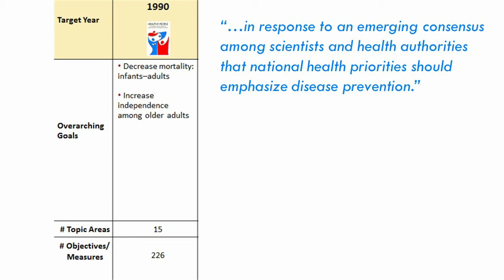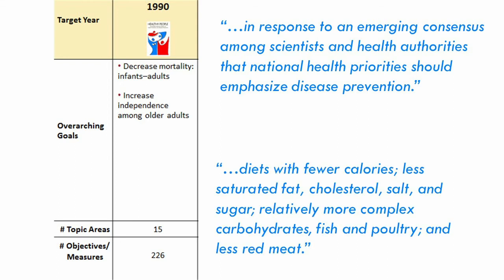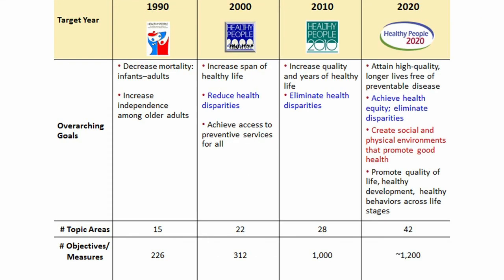In its section on nutrition, the report recommended diets with fewer calories, less saturated fat, cholesterol, sugars, and salts, relatively more complex carbohydrates, fish and poultry, and less red meat. Though this recommended diet consisted of more processed foods rather than fresh produce, the report advised consumers to be wary of processed foods. After a decade, this project turned into a great success, having brought greater awareness throughout the U.S., but there was still a ways to go. Therefore, each new decade sets new goals that build upon previous years.